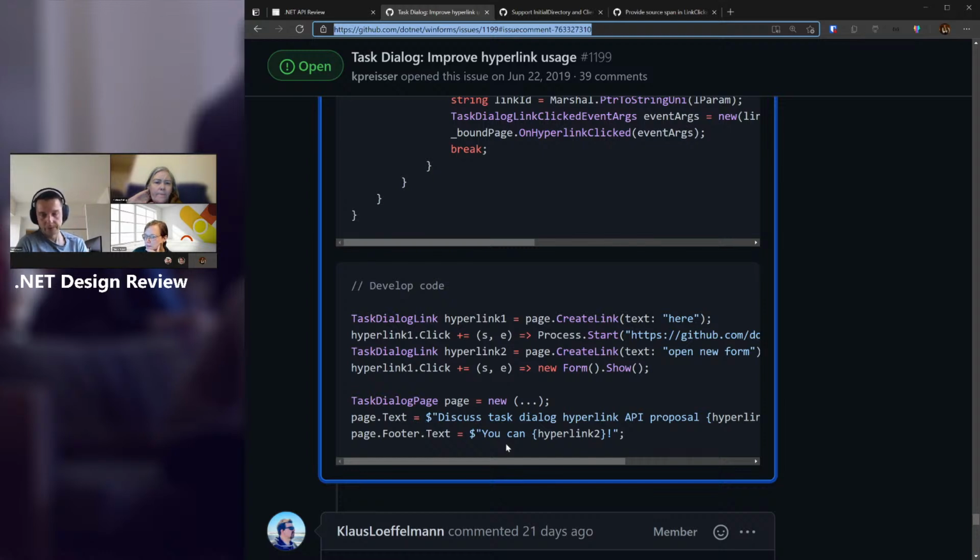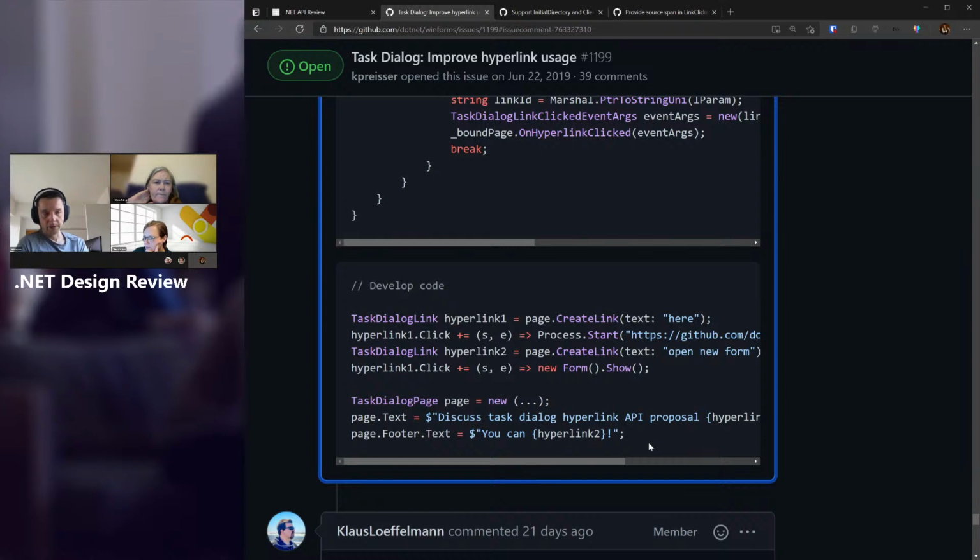I see what you're saying. So that's one way of doing it. The other way would be the code that you have later in the assisted scenario, where you just use the create link method on the page. And the code sample is a bit weird because the page is used before it's declared, but I guess you just have to declare task dialog page before, and then you can do the hyperlink 1, hyperlink 2, page or create link.